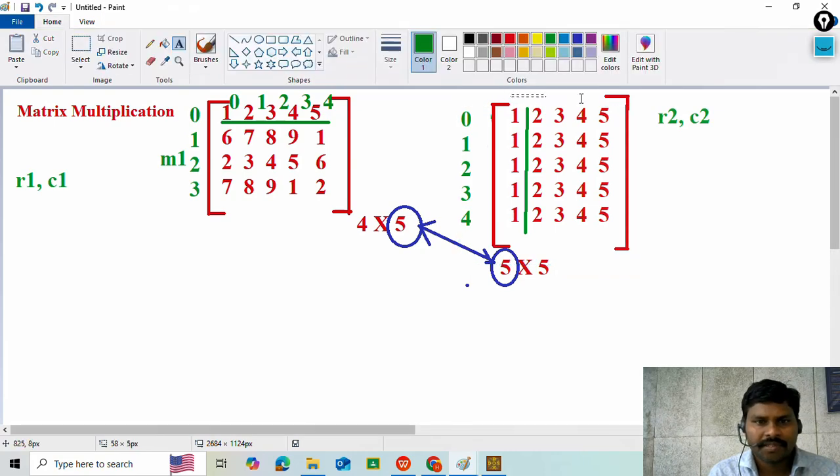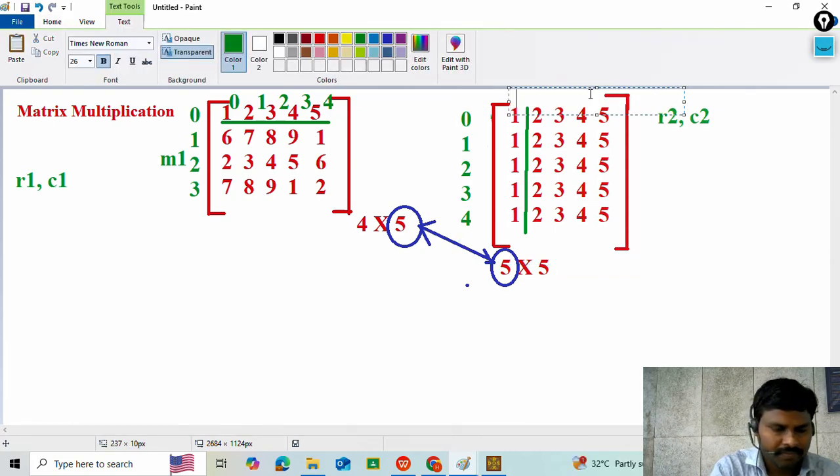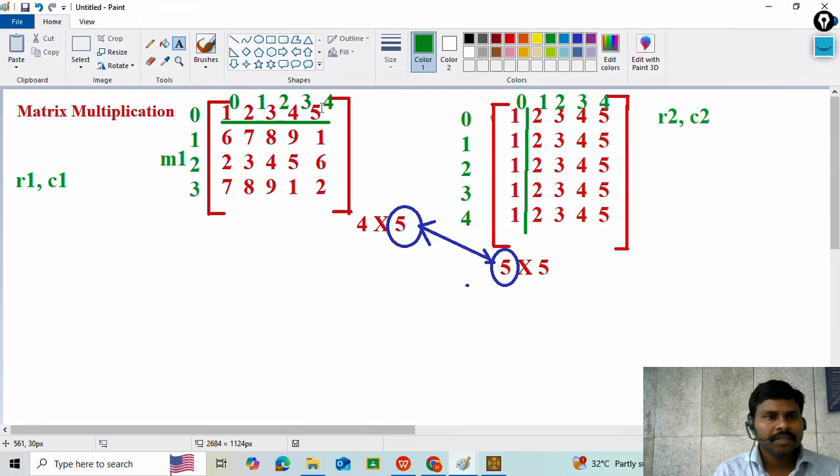The number of columns is 0, 1, 2, 3, 4. So here you have to multiply the first row. So please remember the resultant matrix. Whenever you multiply these two values, the resultant matrix